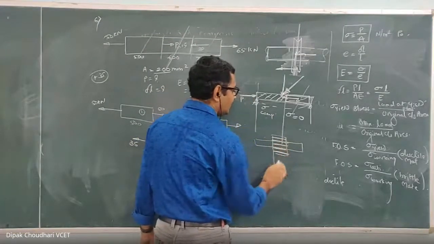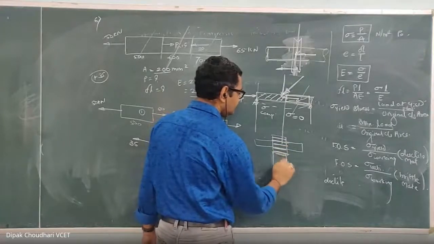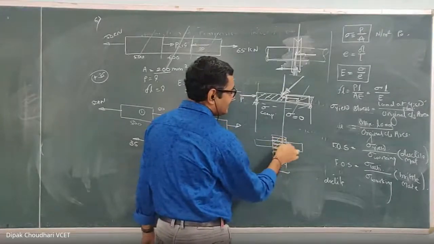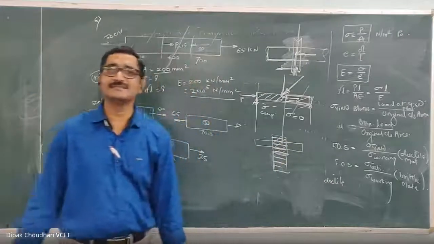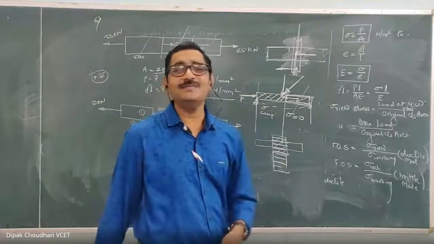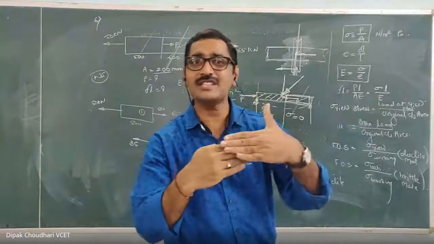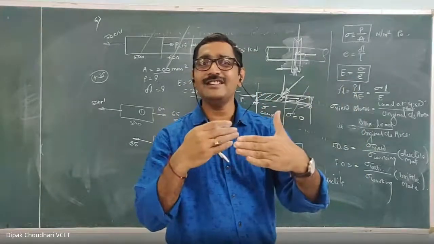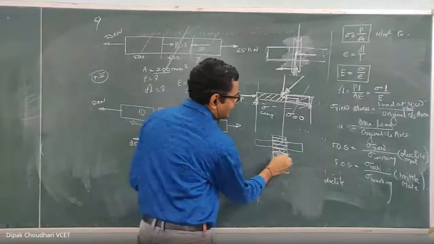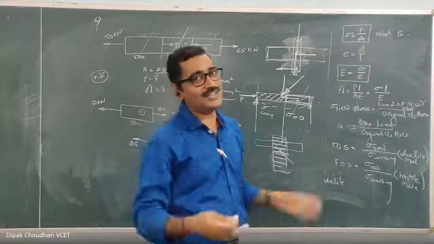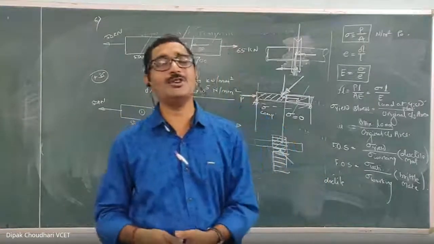Spur gear का teeth horizontal रहता है, and bevel gear का teeth inclined रहता है. Now when such type of bevel gears having the inclined teeth are meshed with each other, yes, they exert the forces on each other in some inclined way. You have to study that in theory of machines or kinematics of motion.